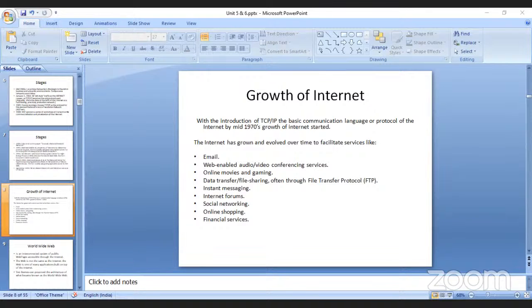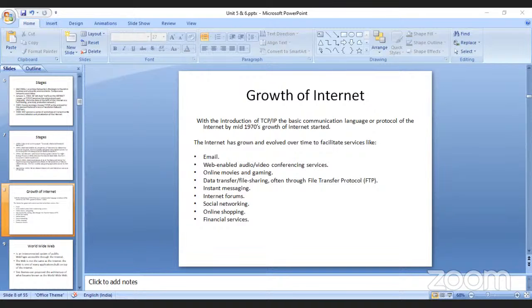Online shopping. We all know what online shopping is. Whatever we want to buy, we can just sit at home and check on our mobile, laptop, tablet, whatever gadget you are using. Sit at a place, check for whatever you want, add to the cart. If you have money, you can immediately buy all the items within no time. So it has helped in the growth of online shopping as well. Many online stores have popped up.